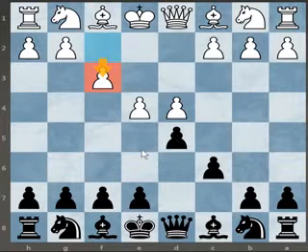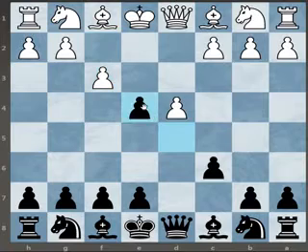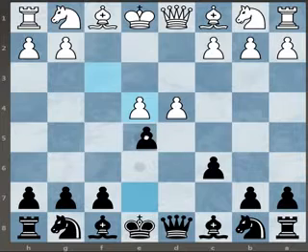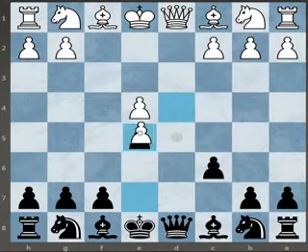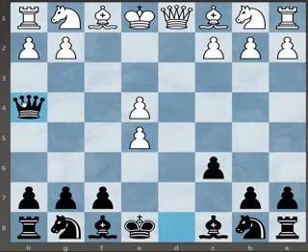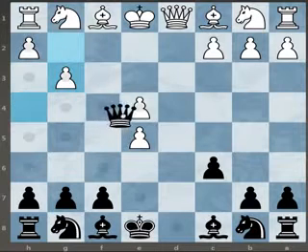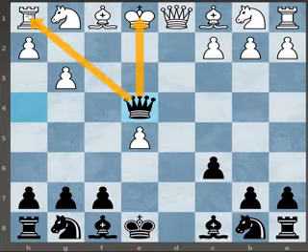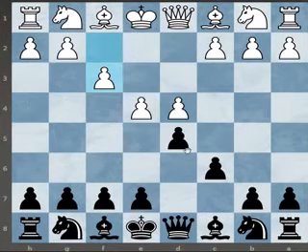So in such a variation, we take the e4 pawn and they take back. Then we strike the center with e5, and after they take, we have a nasty check over here. So if they play a move like this, we just capture and it's a double attack. The rook is lost, of course. From this position,